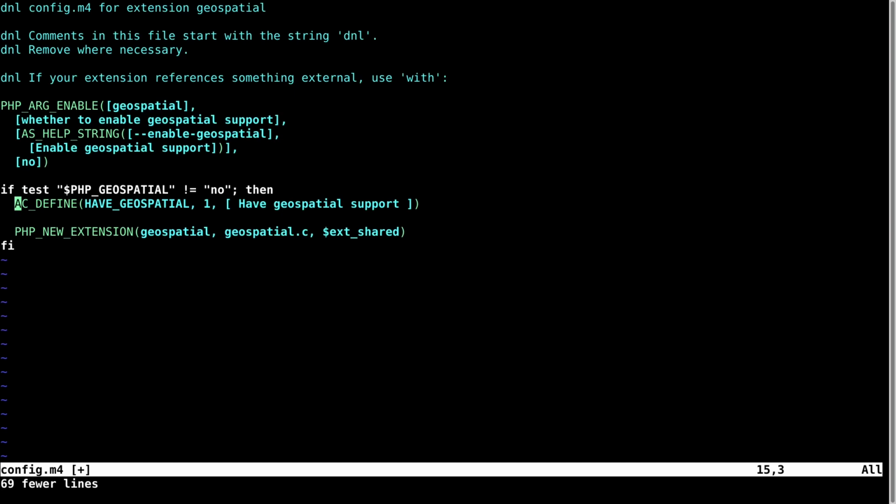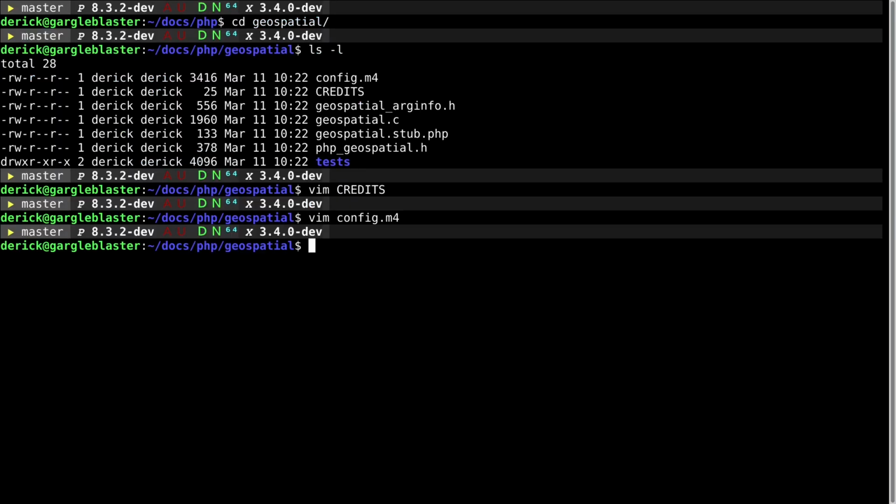We have no dependencies whatsoever, so we can just leave in have geospatial to say have geospatial support. Not even having this flag enabled geospatial is actually important because this is going to be the default for compiling this shared extension anyway. Let me now save this file that we have updated. Now we can have a look at the